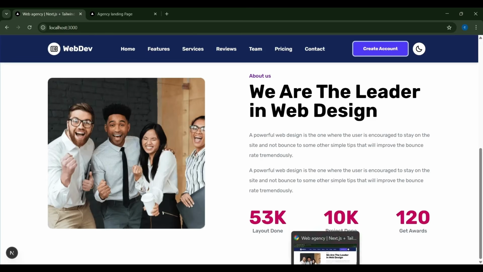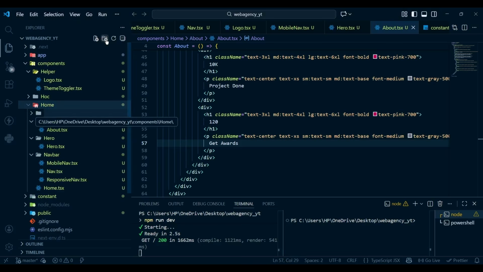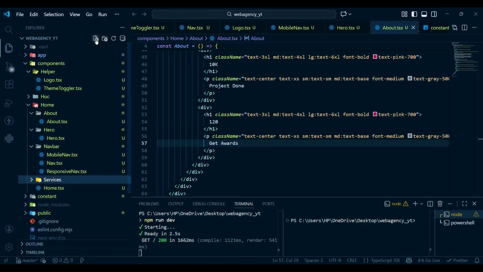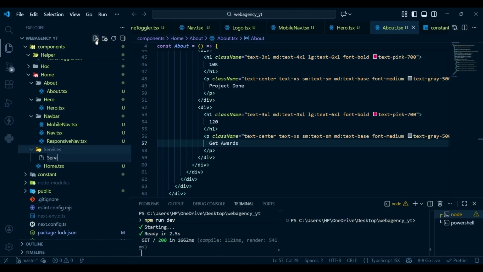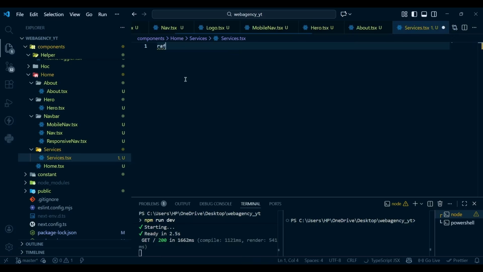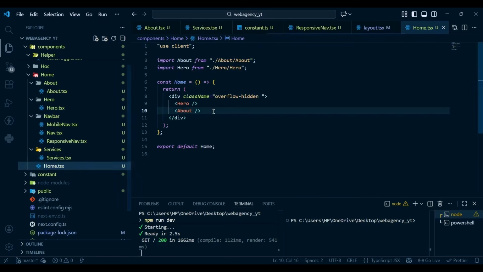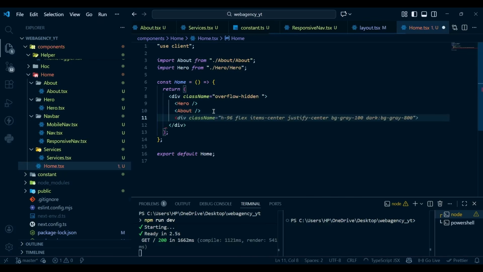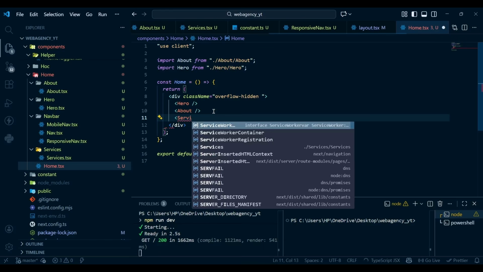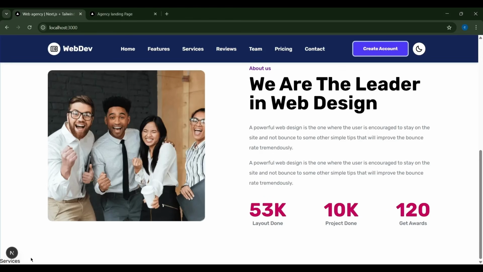So to build this, I'm going to create a new folder inside my home and I'm going to name it services. Then inside this, I'm going to create a services.tsx and I'm going to use rafce to create a component boilerplate, and then I'm going to add it in our home. So after the above, I'm going to add our service. That's it. So now if I hit save and go to our project, here you can see we have the